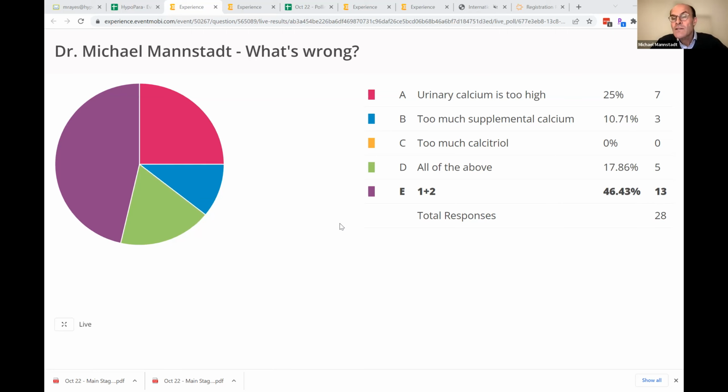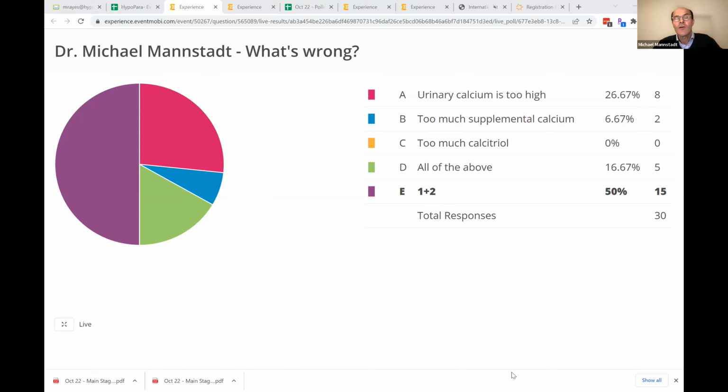You know what? Let's stop here and talk about this. So urinary calcium is too high. Absolutely, I totally agree. That's the main problem, and that is a huge problem, right? Secondly, too much supplemental calcium. That's interesting because she was on 350 milligrams, 6 tablets twice a day. I could not survive a day actually with these numbers of tablets, right? Just for the calcium. So this is way too much, and you're absolutely right saying it's too much calcium.